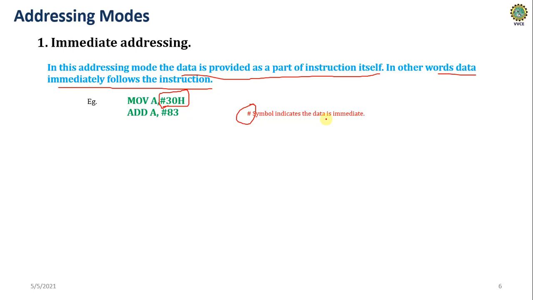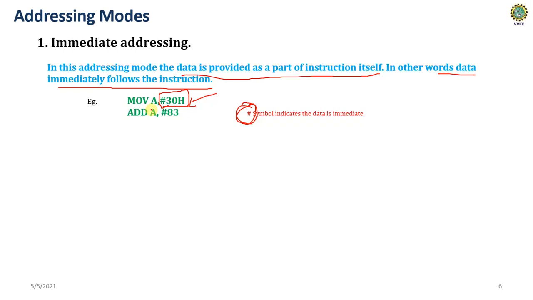Fine, so that is the meaning of immediate addressing. That means the source is nothing but the value. You have to move that value into the destination location or address. Here the destination is A. Fine. So this hash value defines that you have to move that data into the address location in the destination. So if I say #30, it means 30H has to be moved to the register location, register A.